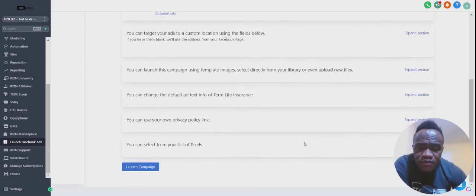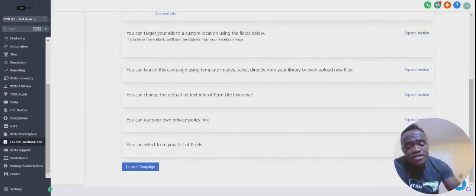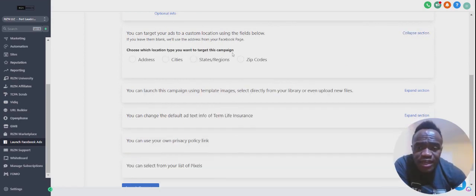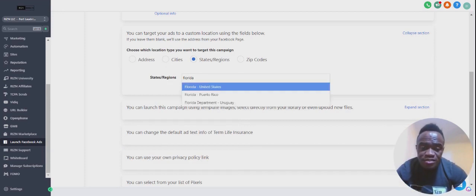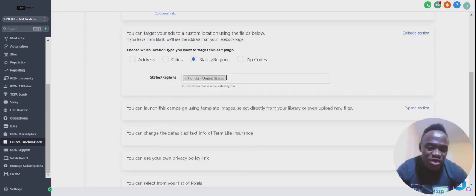When you come up here to optional info, now, since you're an insurance agent, if you're a real estate agent, you come up here, expand section, and then if you're licensed in multiple states, go ahead and pick your state. So let's say I'm licensed in, I used to be a life insurance agent, so I'm licensed in almost 30 states. So I'm just going to go ahead and pick like two. So I'll put Florida,